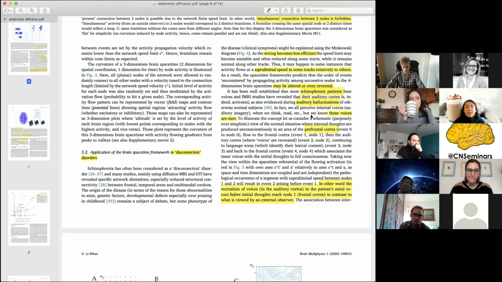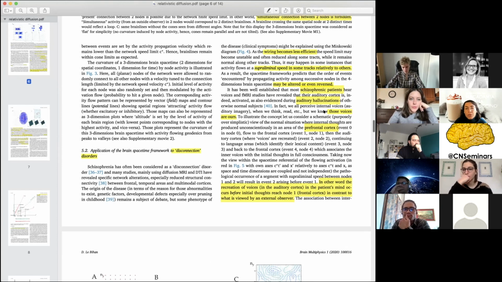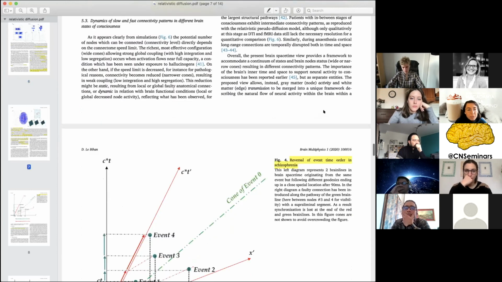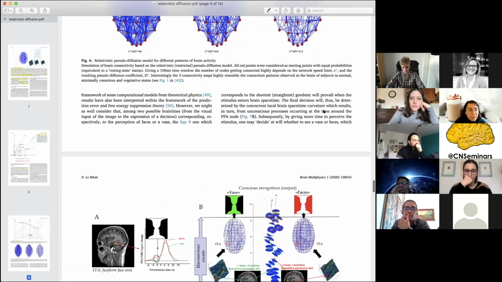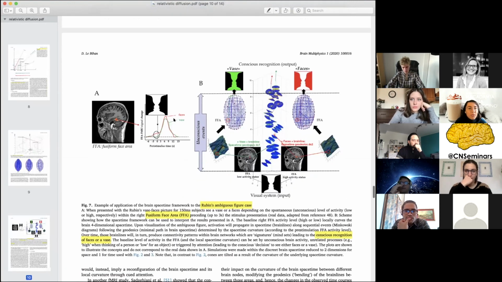So for example, some of your internal thoughts that can happen in the brain are recognized first by the auditory cortex, before, for example, the frontal brain regions. So it seems that these voices are from outside and not from your internal thoughts, and that makes the trick, maybe, of hallucination. And here is also described Rubin's figure, where a figure is shown,